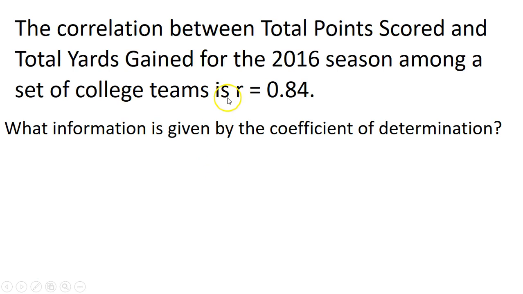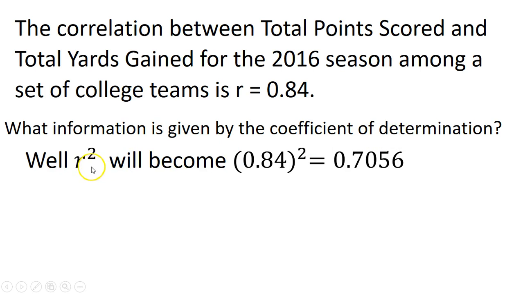The correlation between total points scored and total yards gained for the 2016 season among a set of college teams is this, right? What information is given by the coefficient of determination? Well, that's basically R squared. If I square it,